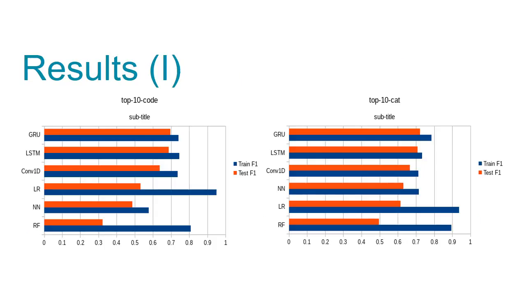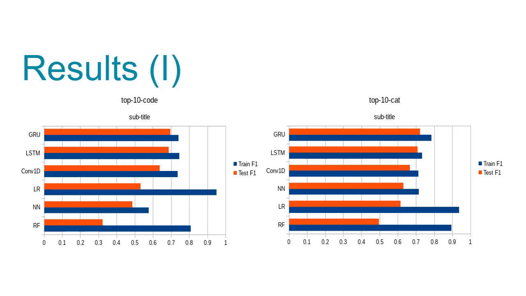Tuning the feature extraction methods and model configurations here shows our best performance for each model. The results are ordered from best to worst. For both top 10 code and category classification, GRU produced the best result at around 0.69 and 0.53 F1. LSTM and